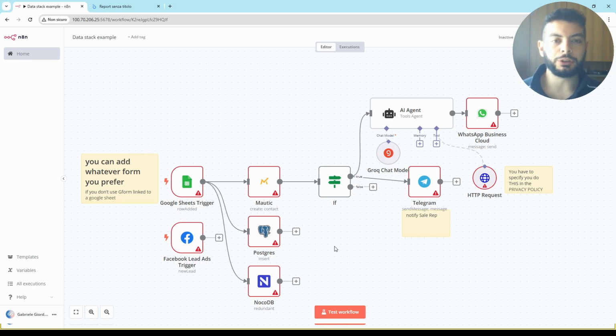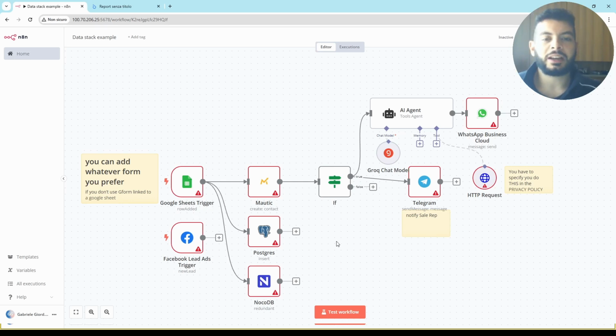And I put it because some companies prefer Airtable to Google Sheets, and personally I prefer NoCodeDB, even though I don't like Airtable. So I generally suggest NoCodeDB if you want to use something very similar to Airtable, but generally I suggest Google Sheets.